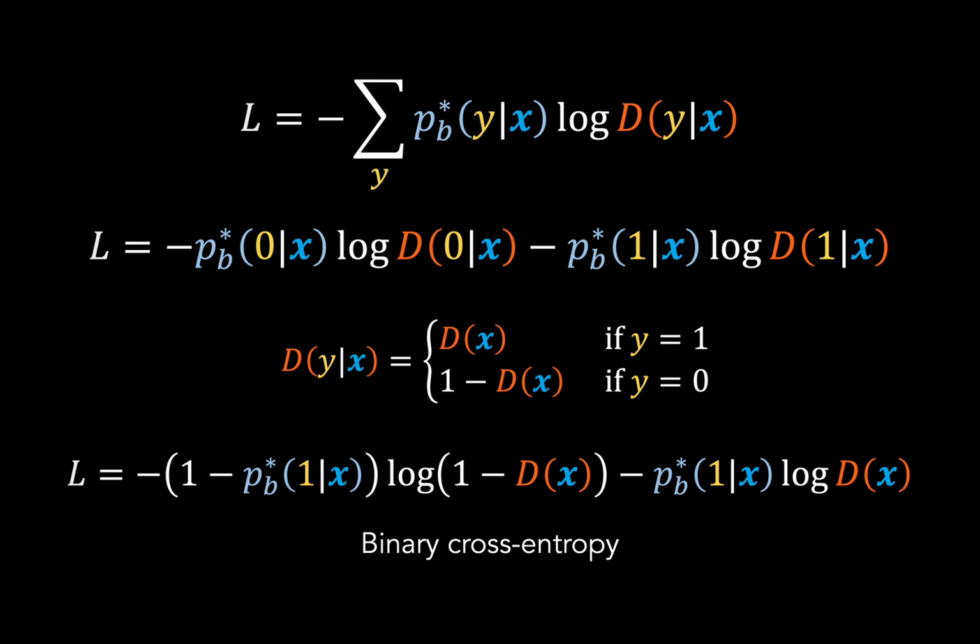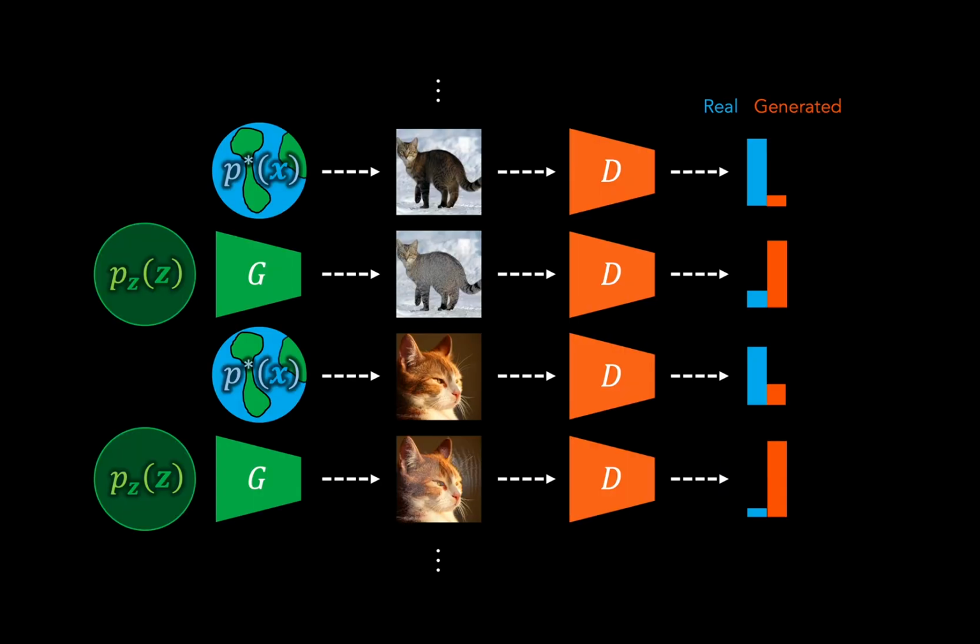So our loss is just a binary cross-entropy. Now, to actually train our discriminator, we just run it on a classification task using a mixed dataset of real and generated samples. The discriminator's job now is to distinguish between these real and generated samples. So, intuitively speaking, it has to detect those features of the input that give away the fact that something is